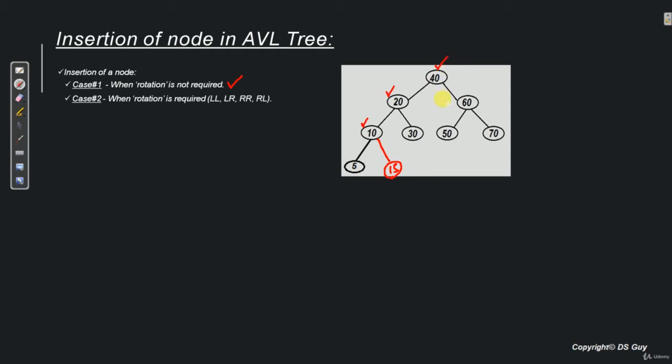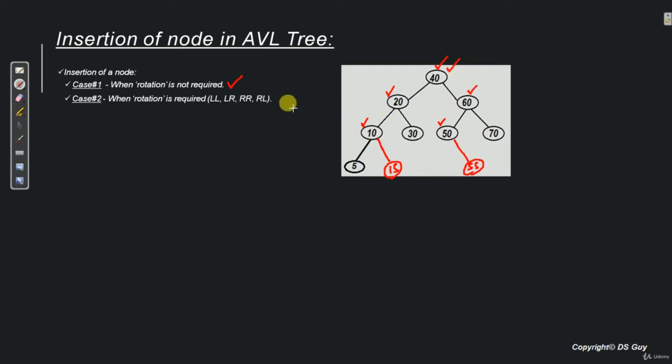Now let's say we want to insert, let's say, 55. So we insert it over here. Now this node is balanced, this is balanced, and this is also balanced. So no rotation is required. So you see that the insertion in the AVL tree when the rotation is not required is exactly the same as binary search tree. So we are not going into details of this. If you need to know, please revisit the insertion operation of a binary search tree.